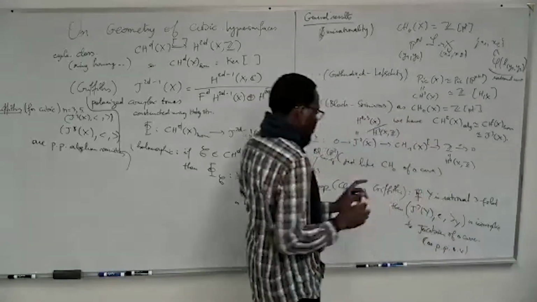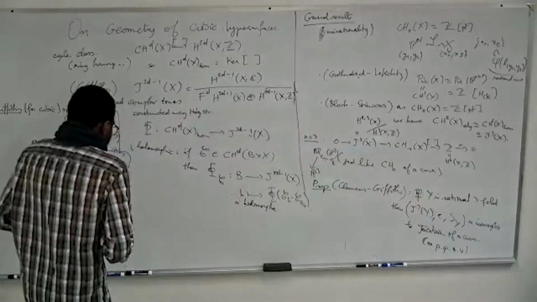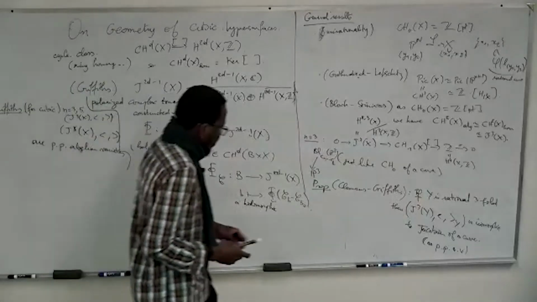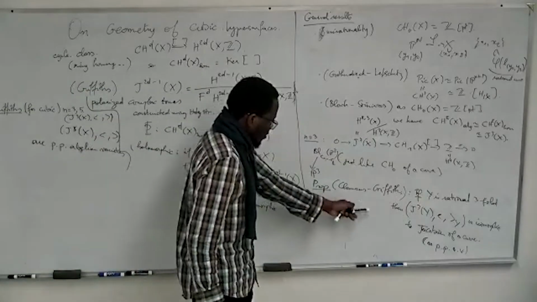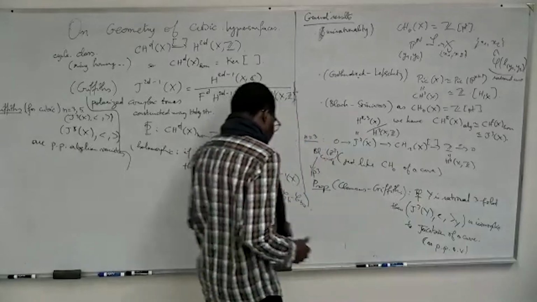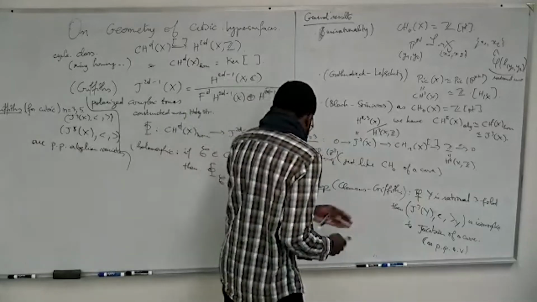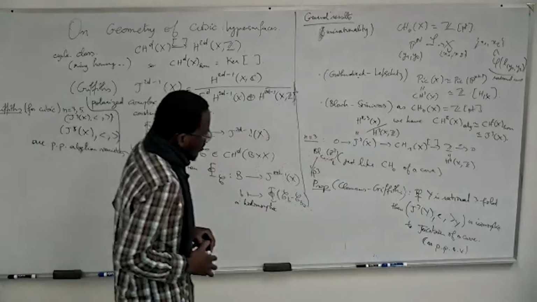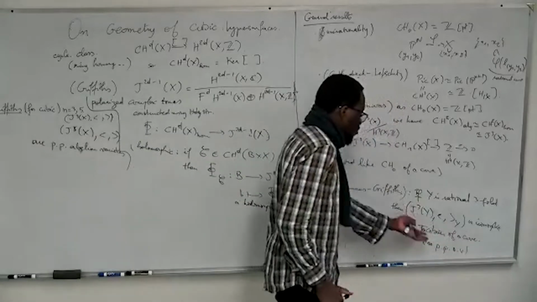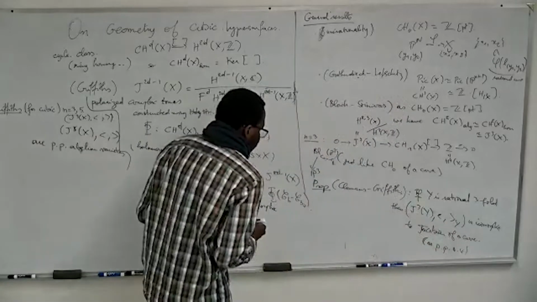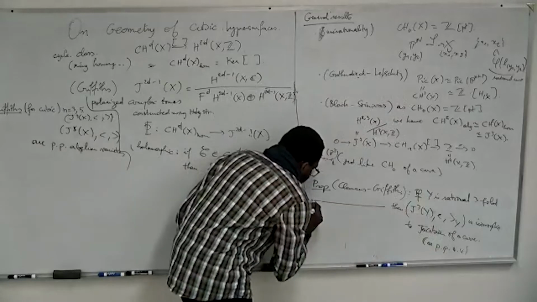The polarization is important in the theorem. And basically the crucial thing that makes it work is that the Jacobian of a curve is irreducible as a principally polarized abelian variety. This is just because